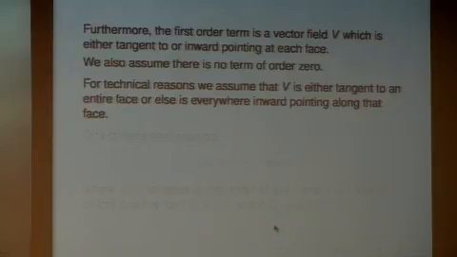So we then add to the second order part a first order term, which is a vector field, and we make the following assumption on it, which is certainly a technical convenience, and it may be a reasonable one too. So we assume that at every boundary face, the vector field is either everywhere transverse or everywhere tangential. Okay, so you don't have any situations, which you can imagine analytically, where the vector field is somehow tangent